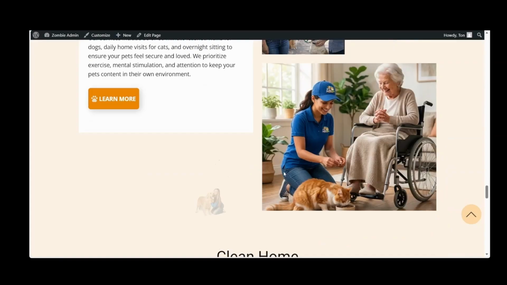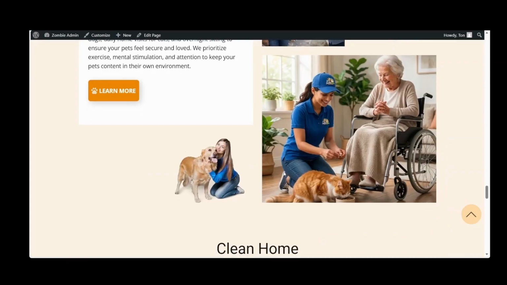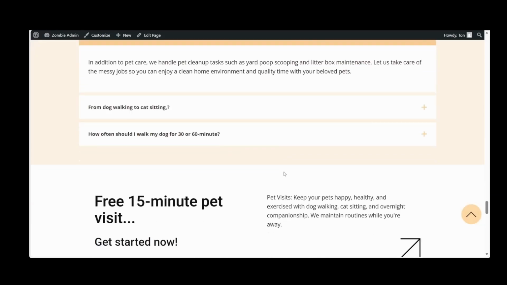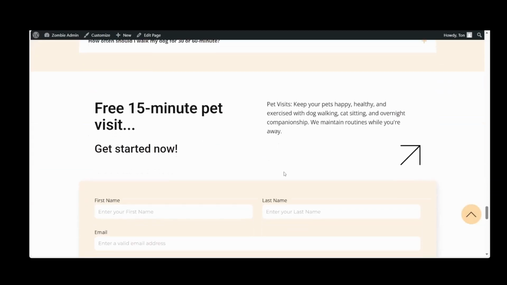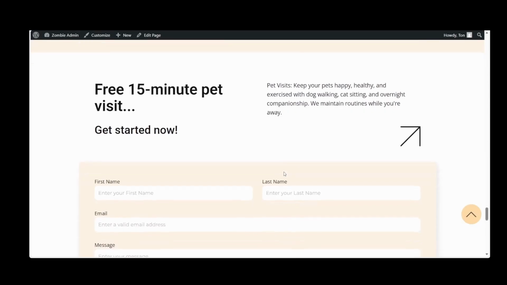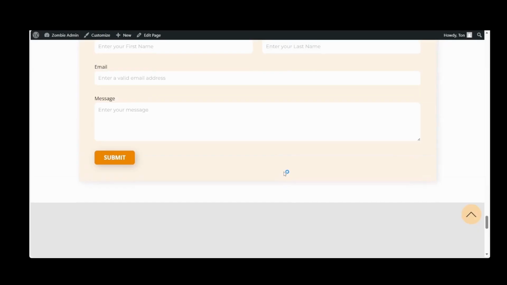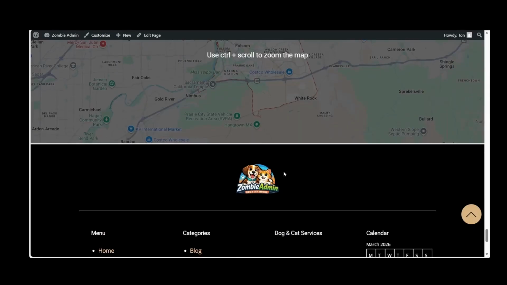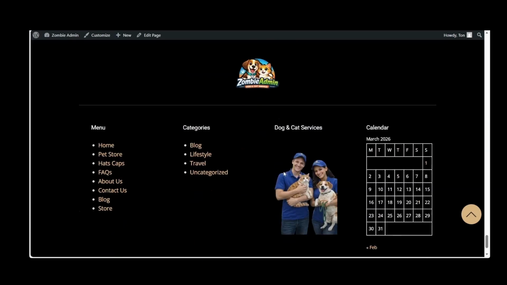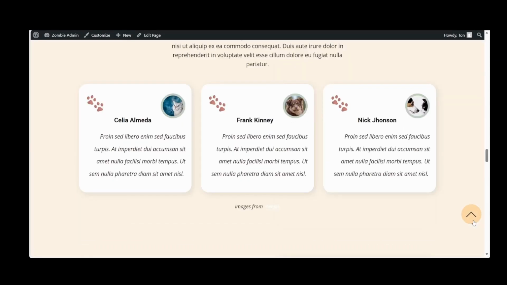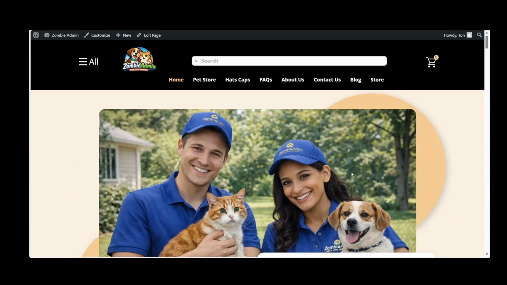Vacation sitting, I like. Clean home FAQ. 15-minute pet service form. Meet and greet. And we got our map. Our footer came out good. Map. Let's head back up to the top. Wow, we did a lot.